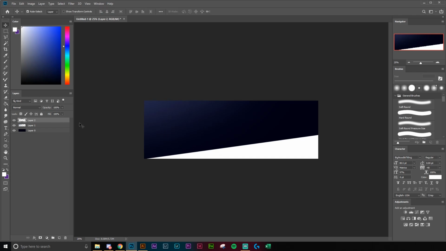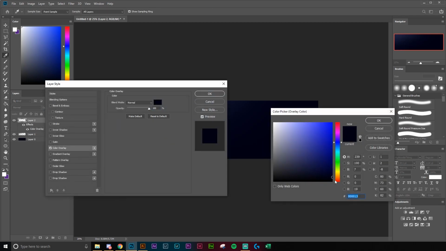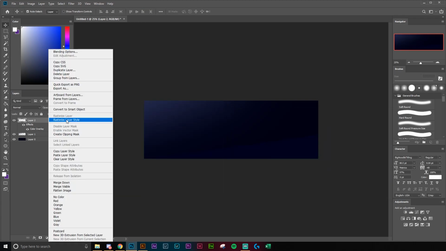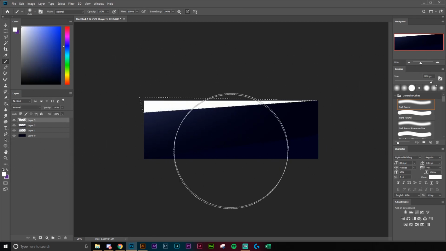I'm going to get rid of this. We're going to change this color to around the same, a bit lighter. Hit OK. Rasterize that layer. Now we're going to make our top shape. I'm going to go down to the side, connect that, select, and just make sure that it's on a new layer. Fill this in,